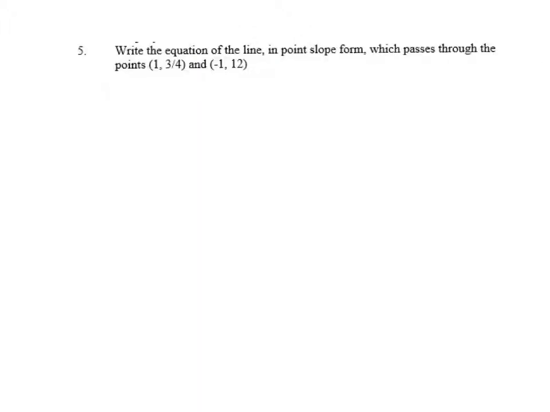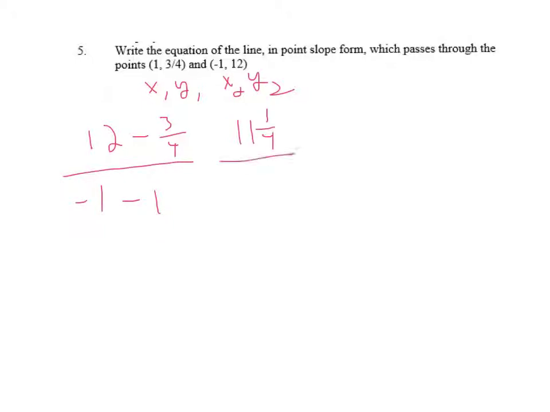So we're going to find the slope. I want a linear equation, so I'm going to call this x1, y1. I'm going to call this x2, y2. So 12 minus 3/4 over negative 1 minus 1. Well, 12 minus 3/4 is 11 1/4 over negative 2. And what I really am doing is taking 11 1/4 and dividing it by negative 2,